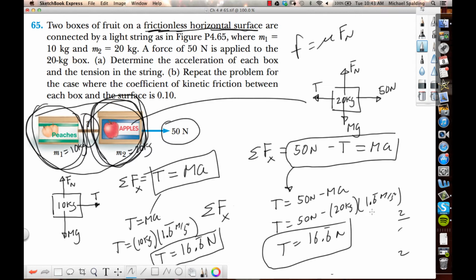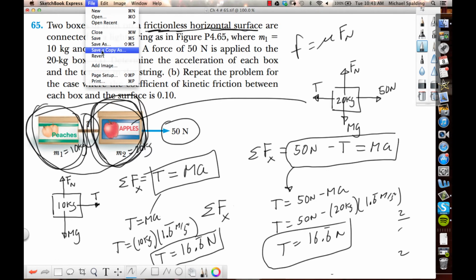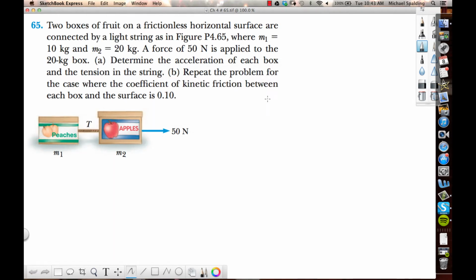All right, now let's go to part B. Any questions on part A? Part B is going to be trickier because there's friction. So we're going to do the whole thing again. Here's M1. M1 is 10 kilograms. Here's M2,